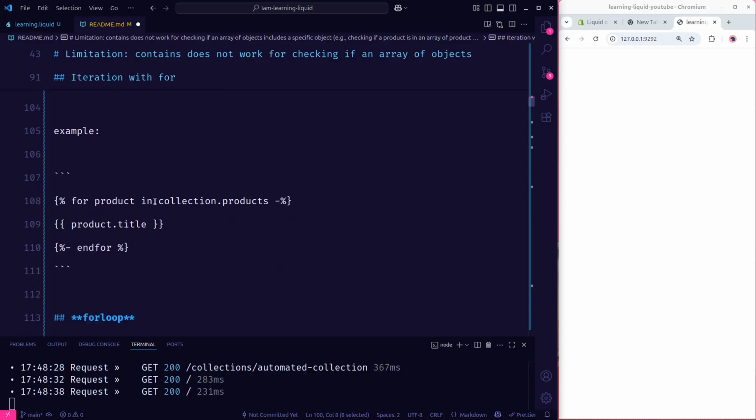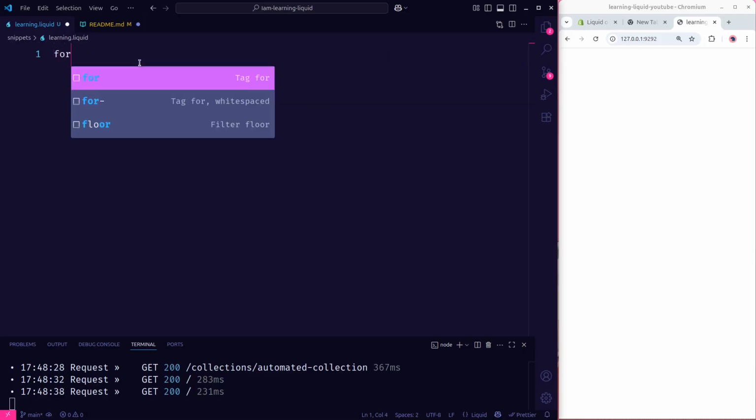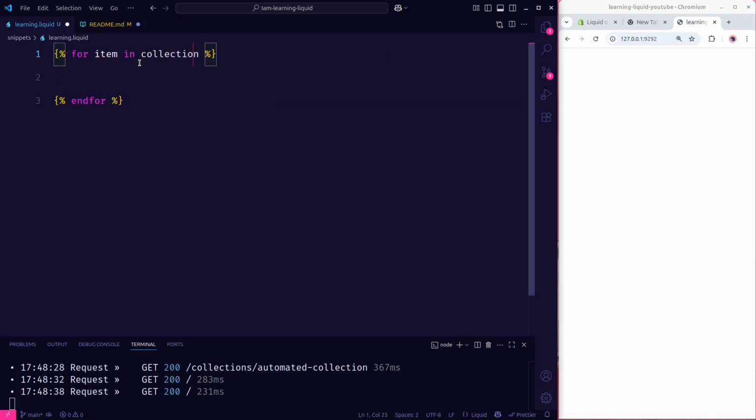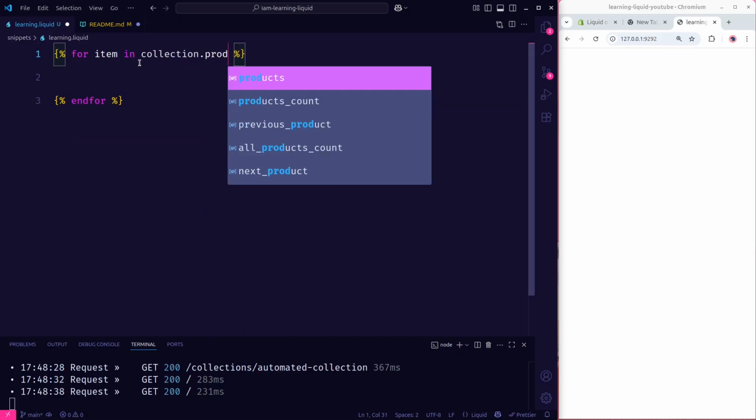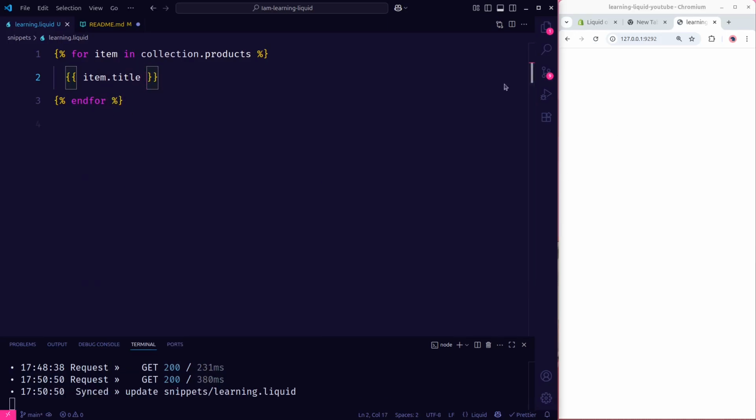We're looping through the collection.products, and we're gonna display the product's title. So let me go back to learning.liquid, and I'm gonna say here for, and I'm looping through collection.products, and the name here depends on you. Okay, it is a variable name, so you can give it whatever name you want, and I want to output item.title, for example. If I save it, I'm not gonna see anything because we are in the root page,